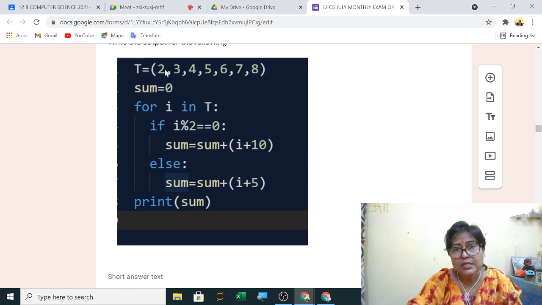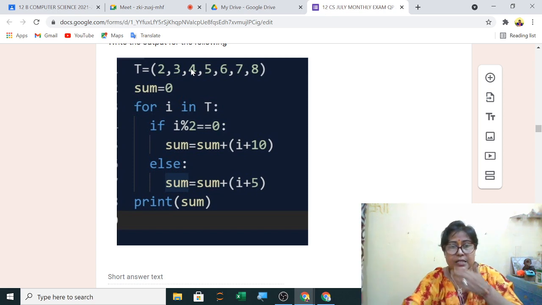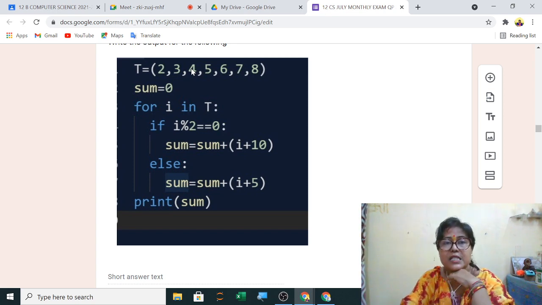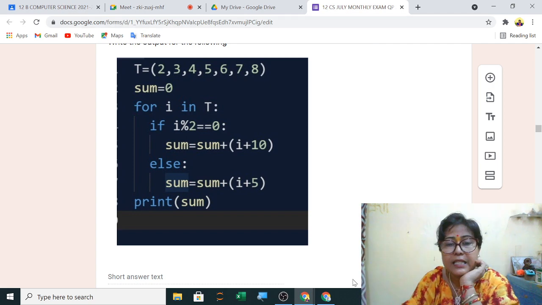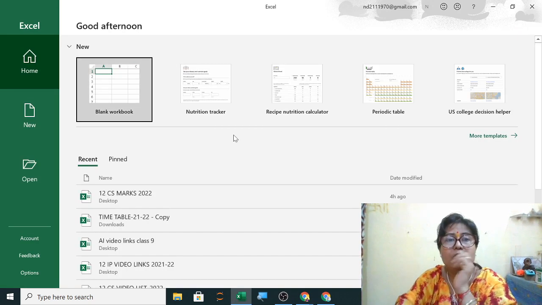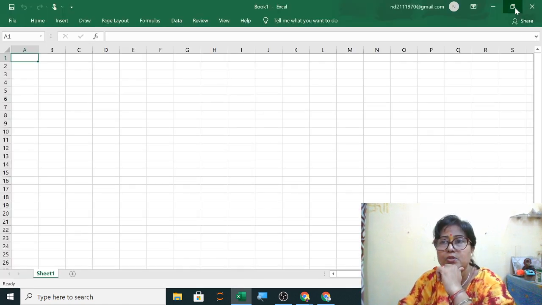So the first one is divisible by 2, so it will add 10, so it will be 12. Second one not divisible, so 5 plus 3 is 8. Fourth is divisible, so 14. Whenever you get this type of question, you should note it down in your copy so that there is no confusion, and then you solve it.